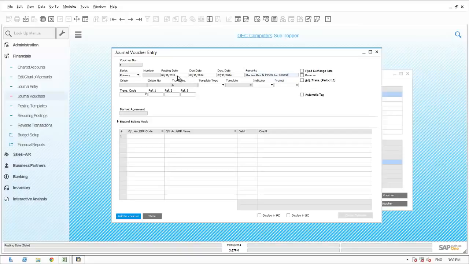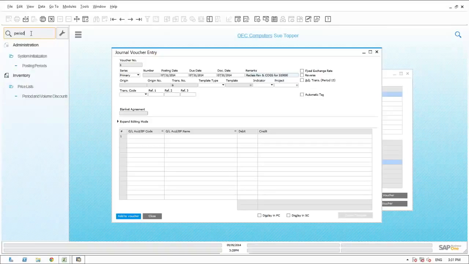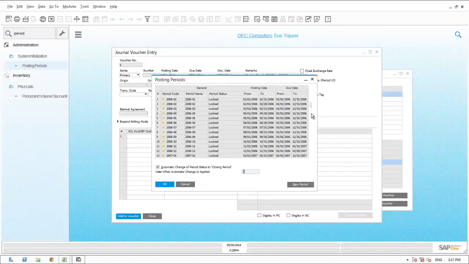Now, as we can see, Sue is posting this back to July 31st of this year. Those happen to be closed periods, but Sue, being one of the lead accountants, has the authorization or security to post to a closed period. Sue wants to show us a little bit more about the fiscal period definitions. She goes up to the main menu and types in period. This brings up, she scrolls down to the bottom, and we can see this is the fiscal calendar,